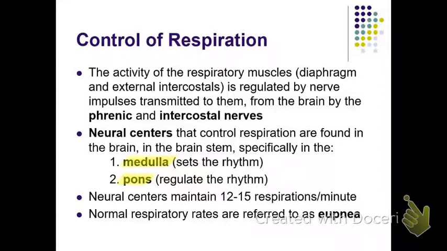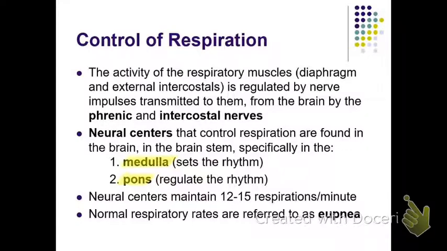And the medulla is the pacemaker. It sets the rhythm so that we are able to have a normal respiration rate, which is also called eupnea, of about 12 to 15 respirations per minute, while the pons regulates the rhythm to make sure that our respiration rate does not exceed that 12 to 15